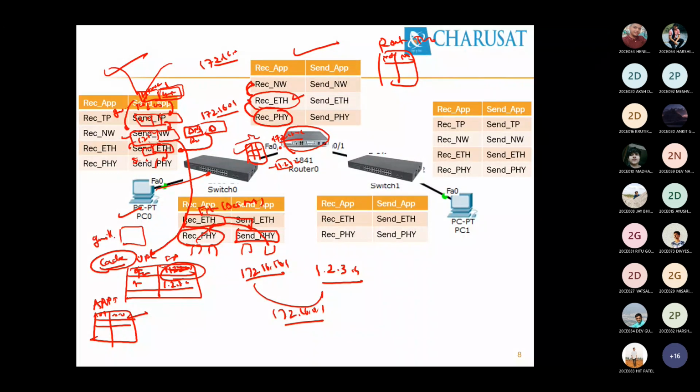There are actually 4 fields: network ID, mask, next hop like gateway, and then cost. But right now I'm taking the minimum: network ID and next hop. Right now we are not interested in discussing the metric value, cost.